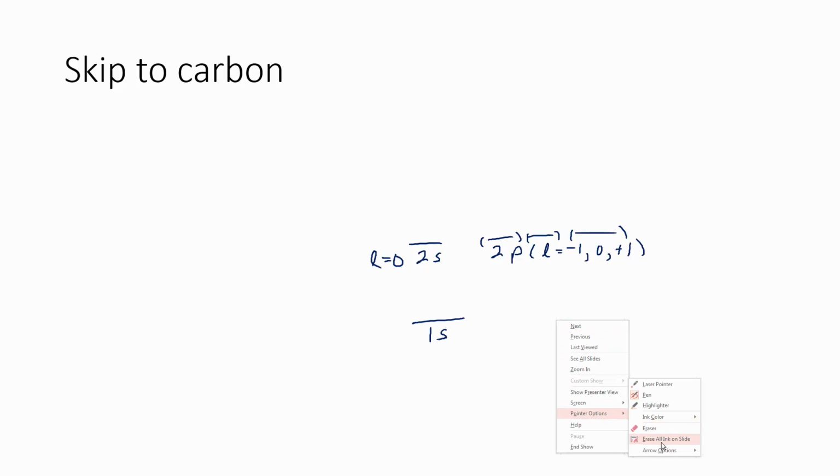Let's skip ahead to carbon here so we can see how this works. 1s, 2s, and 2p. So here we're drawing the 2s, which is 1 possible l, 1 possible orientation, and the 2p have 3 possible orientations, -1, 0, and plus 1. So we designate that with 3 different lines. Okay? So when we draw this, we're going to